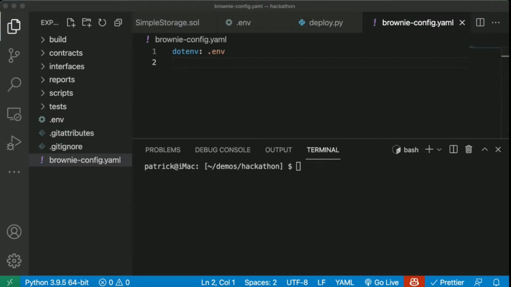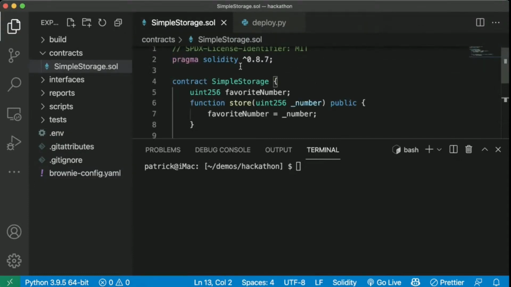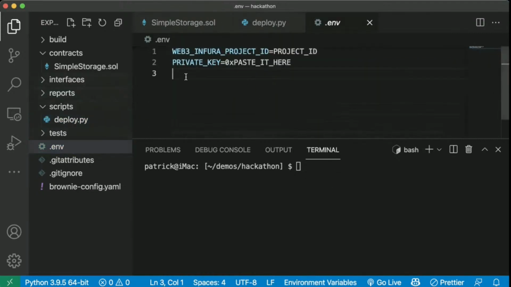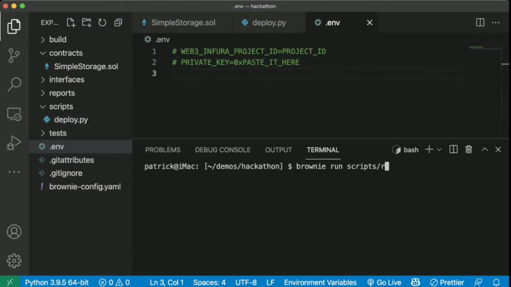Now, am I missing something here? We'll talk about verification later. Okay, cool. So let's go ahead and deploy this and run this whole thing, but on the Coven network. I already have my Web3 project ID and my private key set as an environment variable. Again, if you want to learn more about how I set it myself, jump into that link that I sent. But let's run brownie run scripts deploy.py --network coven.